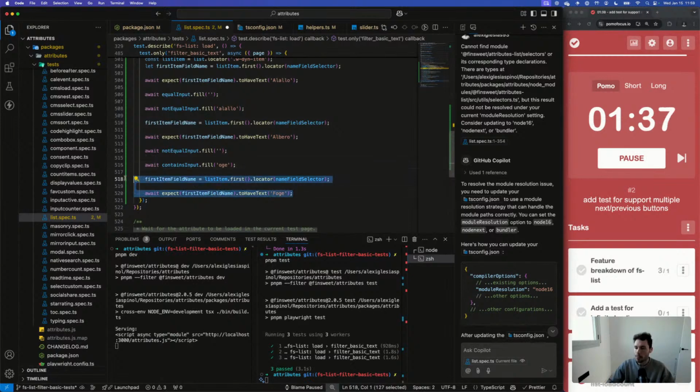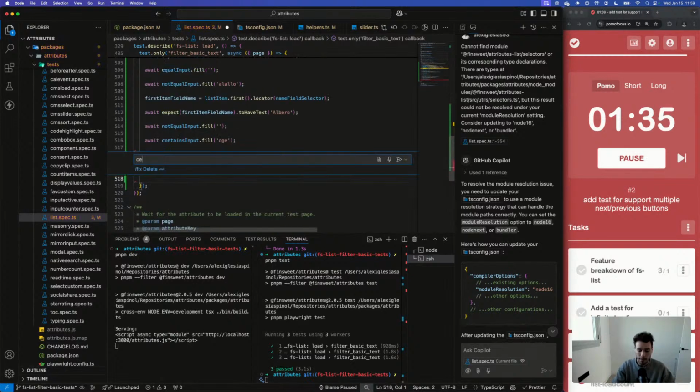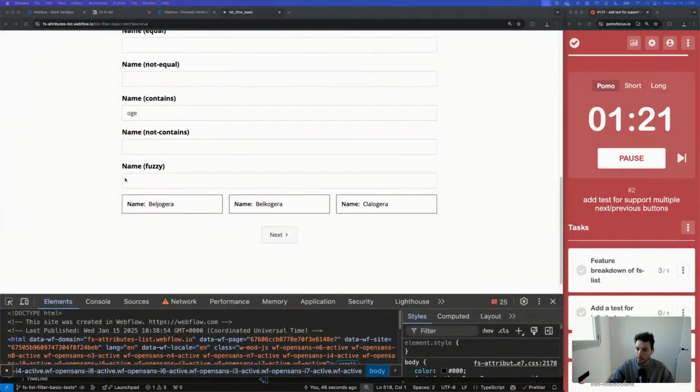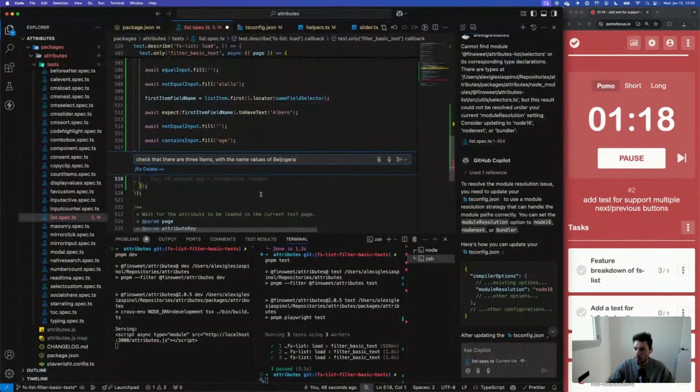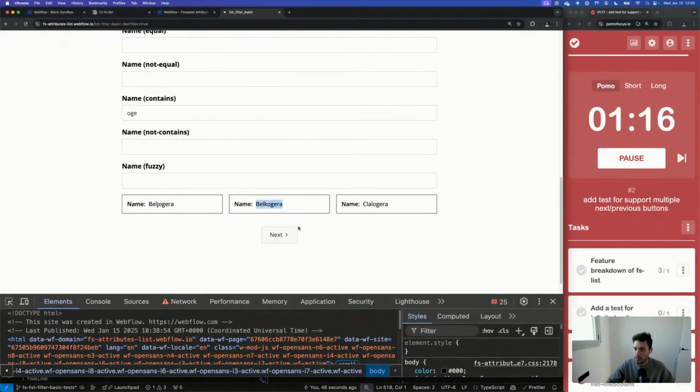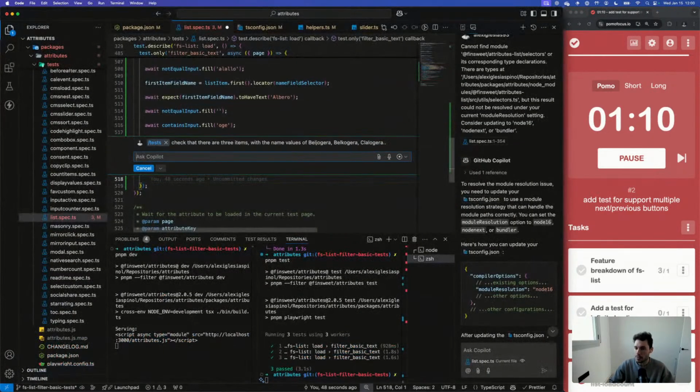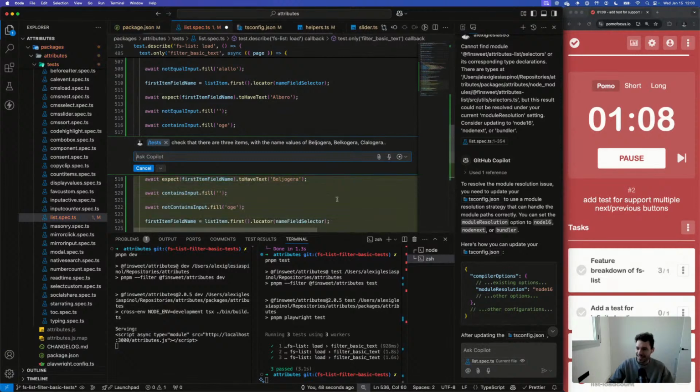But this is not right. Check that the first 3, check that there are 3 items with the name values of Velcogera, and I don't even know how to pronounce this.